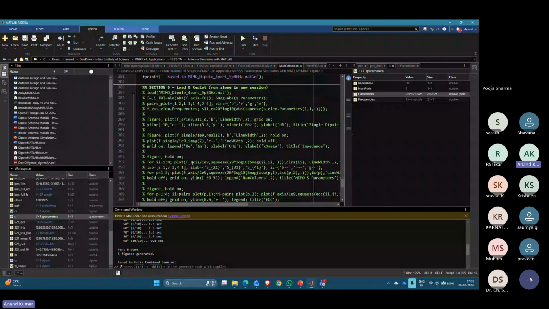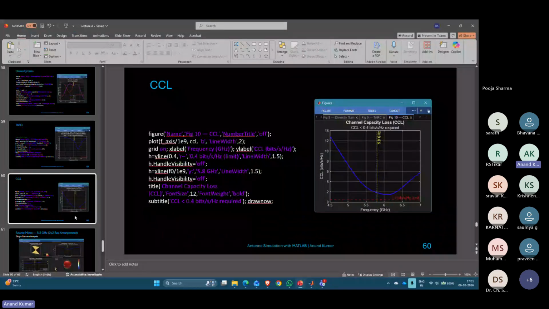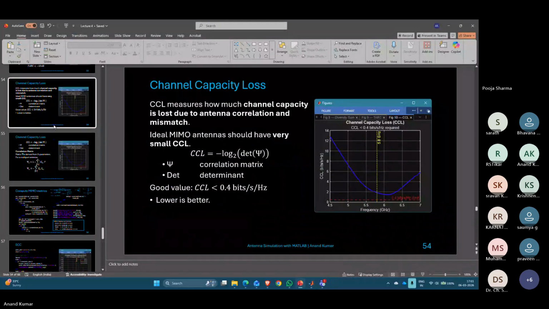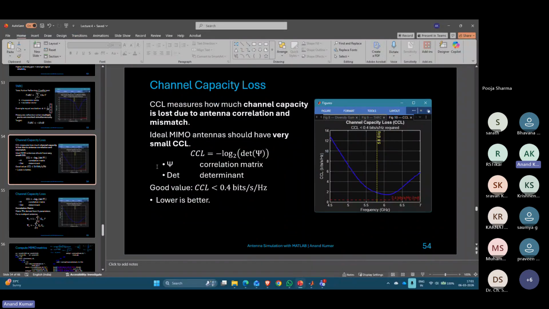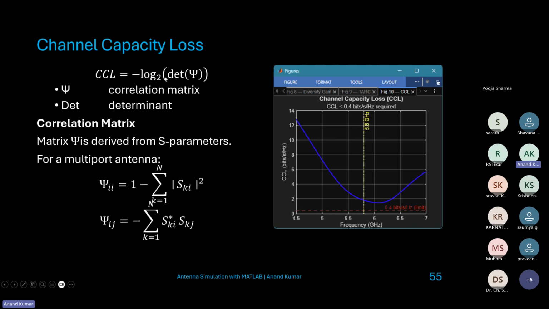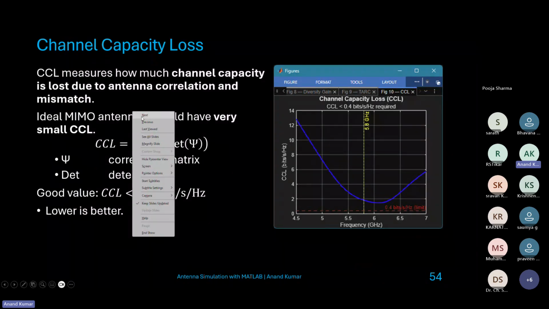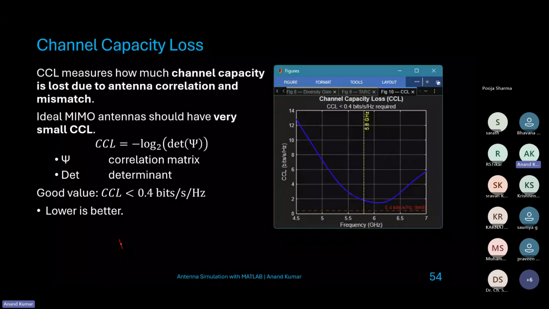So there's a question, can I explain the CCL more? I would say I cannot, probably because I'm also not very confident with this metric. So the CCL is the channel capacity loss, which essentially means how much the channel capacity is lost due to antenna correlation and mismatch. So all the metrics that we saw before, the ECC,